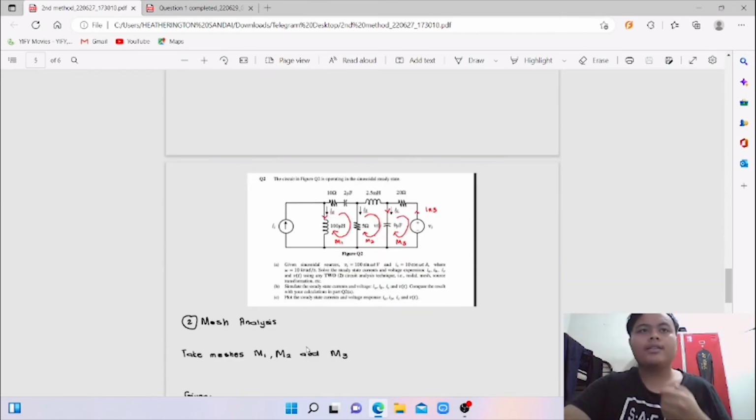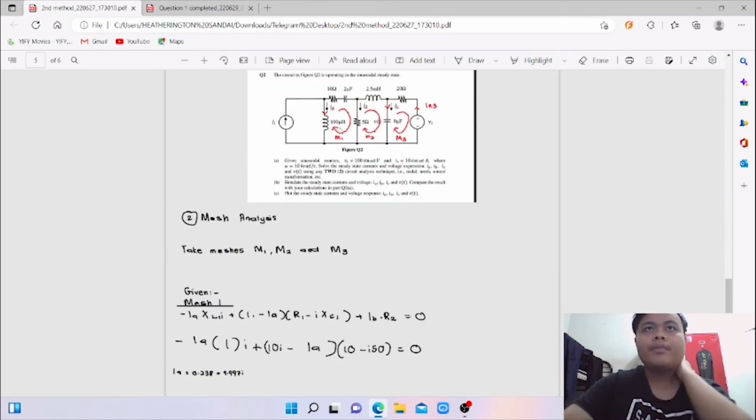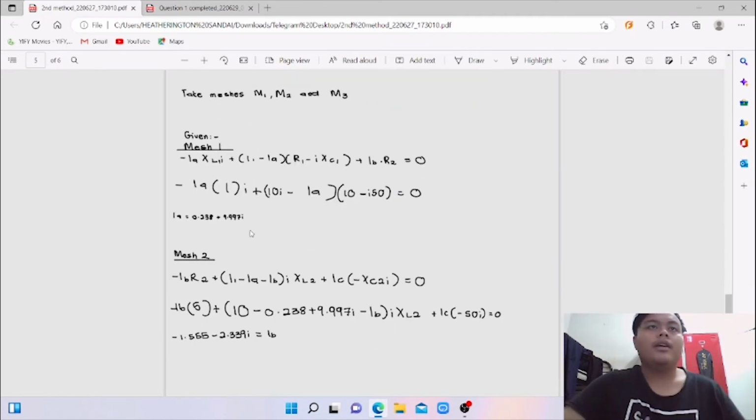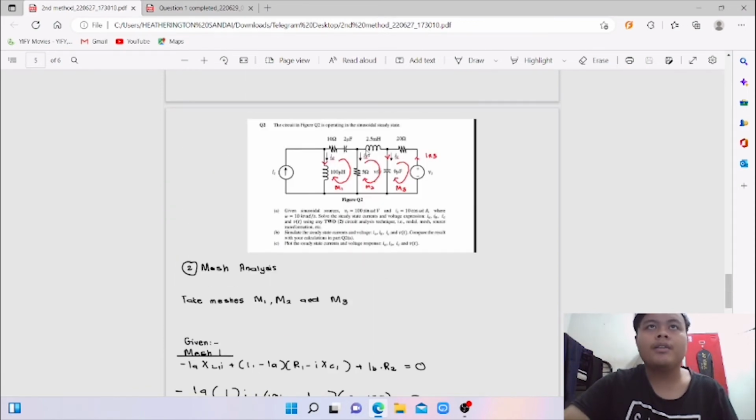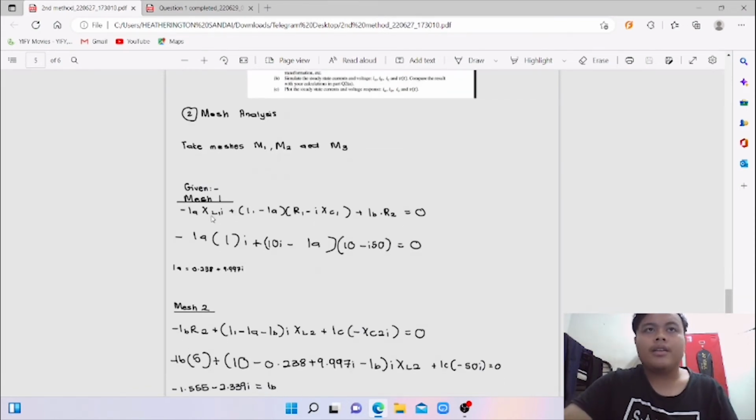For the second method, I use mesh analysis. So I do mesh 1, mesh 2, and mesh 3 here. This is IA, the current, IB, IC, and this one is IR3. Take the mesh analysis, mesh 1 here. It's L1 I plus L1 I1 minus IA bracket R1 minus AX C1 plus AB R2 equal to 0,